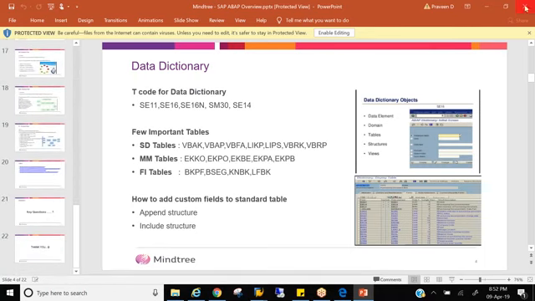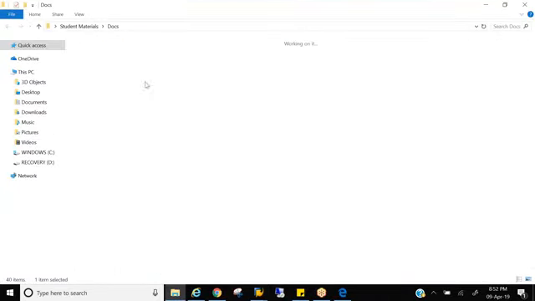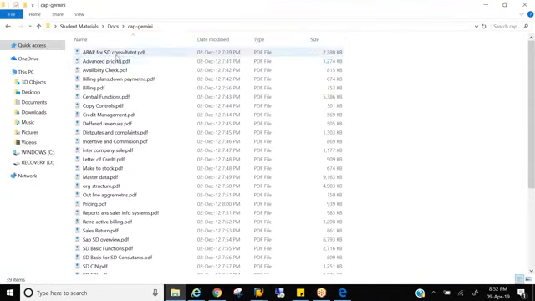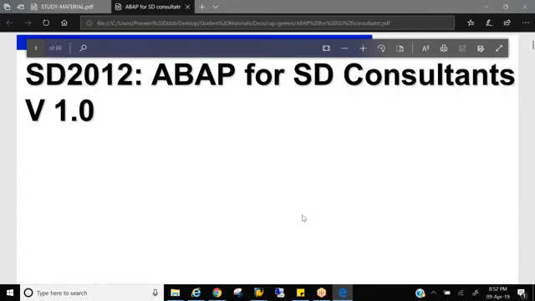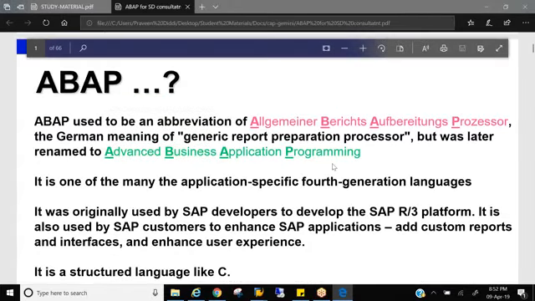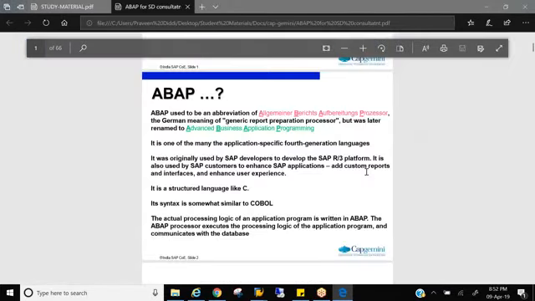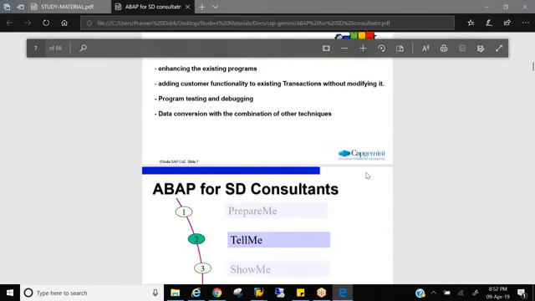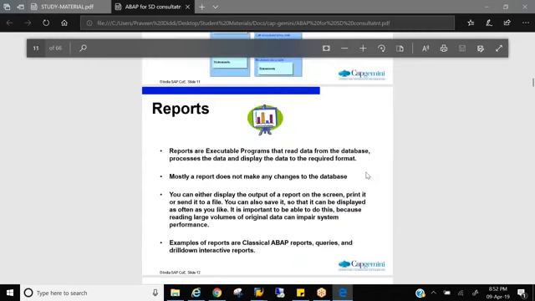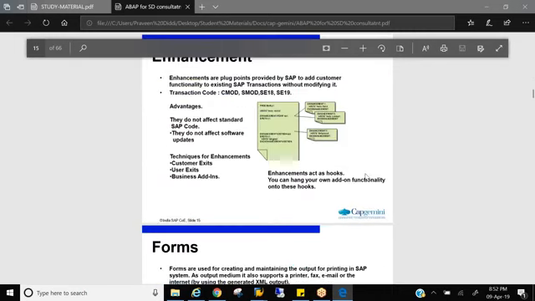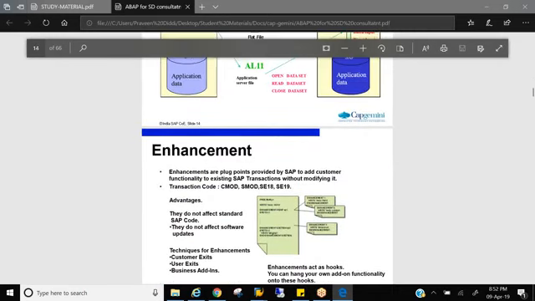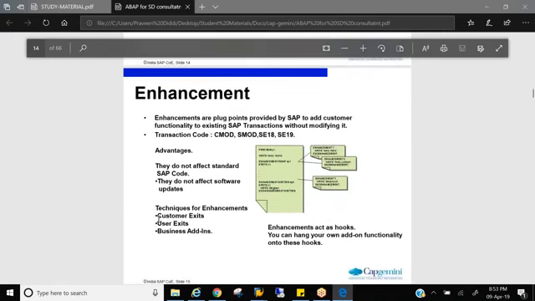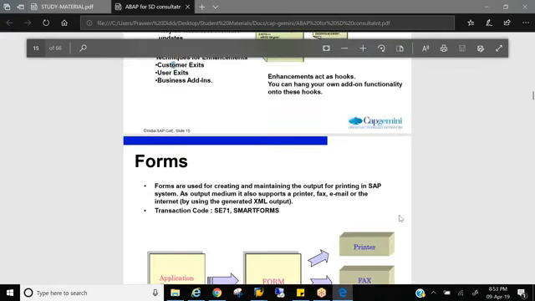I'll share this document along with this. Also, you have one more document, which is ABAP for SD. It explains again the complete RICEFW: reports, interface, conversion, enhancement. So here you will see that particular enhancement. It can be a user exit, a customer exit, a routine, whatever it is.